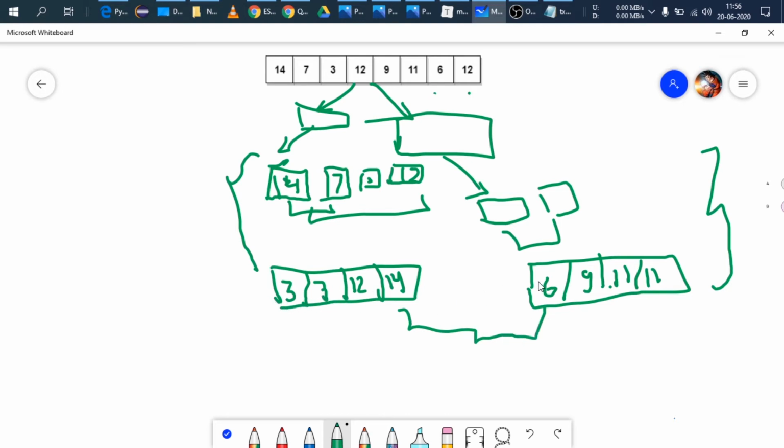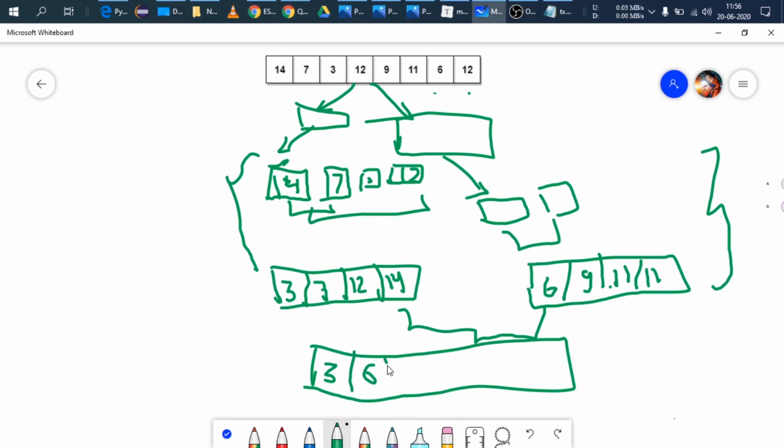Now again, when we perform the last merge to get our sorted list, we see that there are certain elements that are either less on this side or on this side. So while we merge them into our big resultant sorted list, while merging them we'll also sort them. So at the end we'll get our sorted resultant list 3, 6.